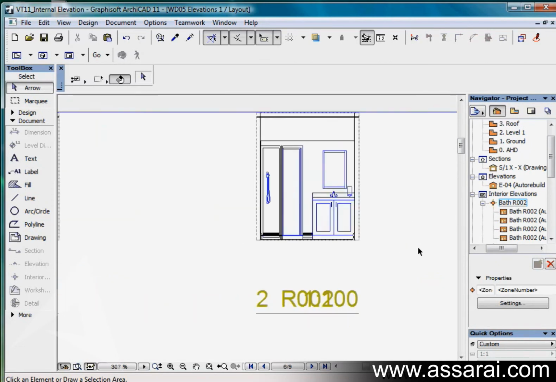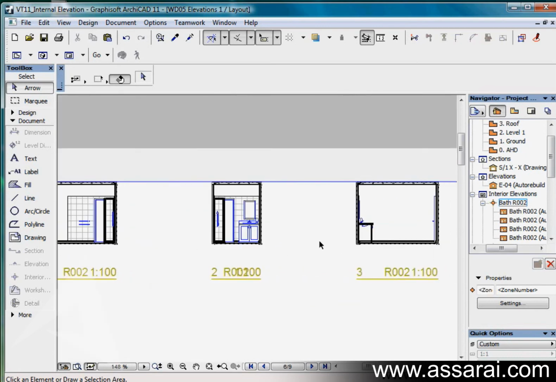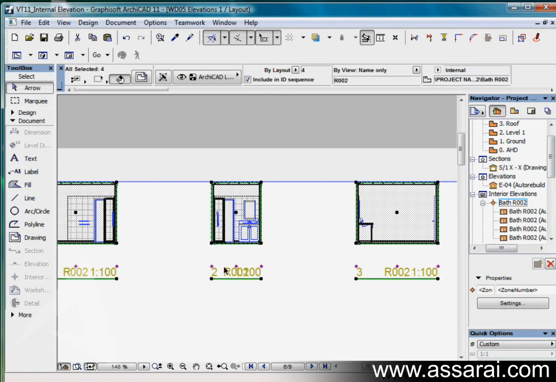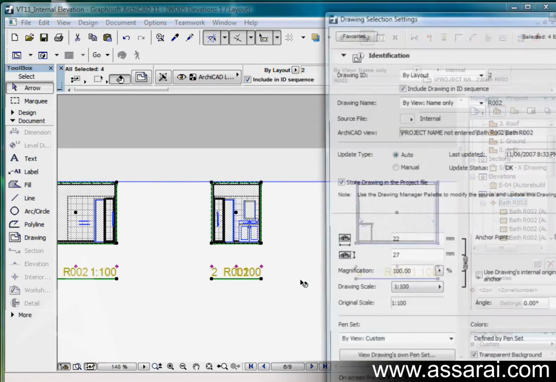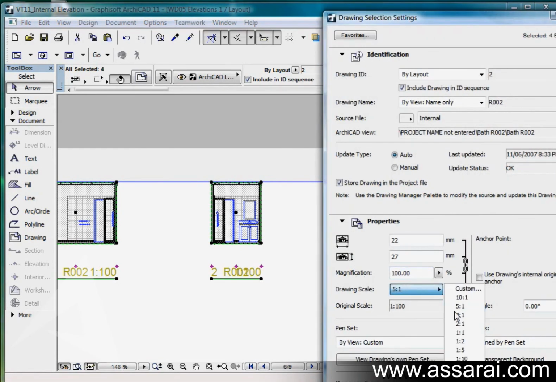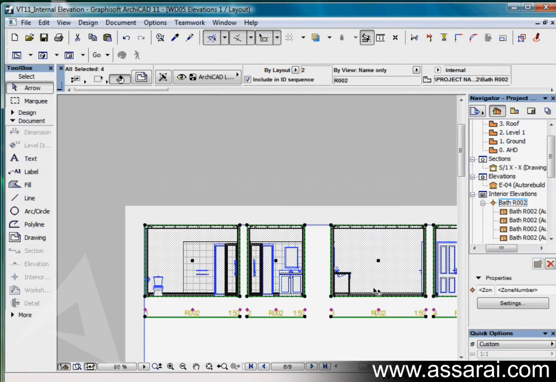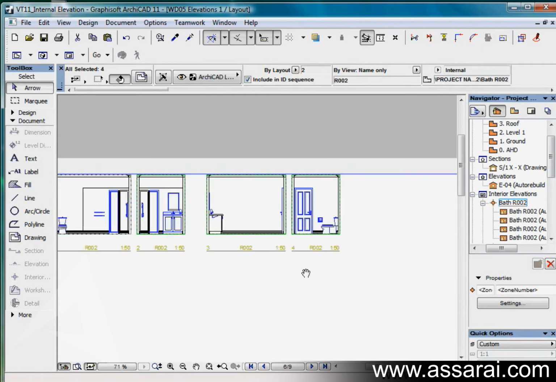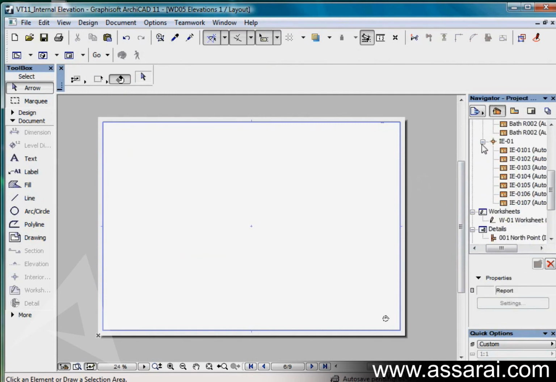I need to make those markers a bit smaller. There's not enough room. Perhaps if I change them all to 1 to 50 scale, if I right mouse click on the drawing settings, change them to 1 to 50, push OK. That's a bit better. I'm just going to delete everything now. Another thing I can do is